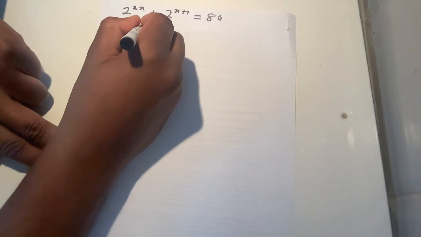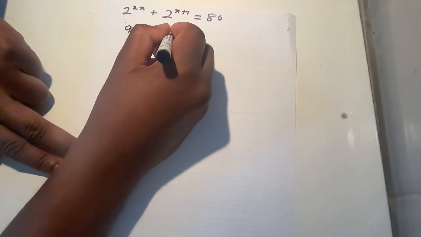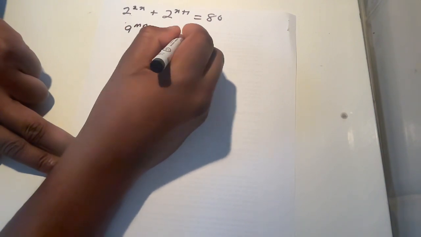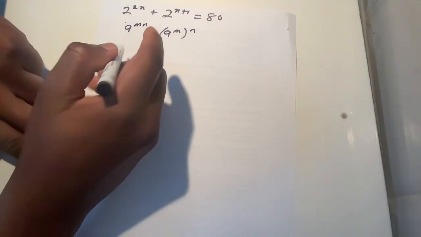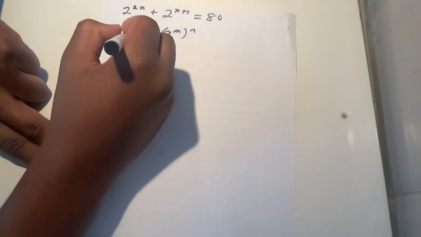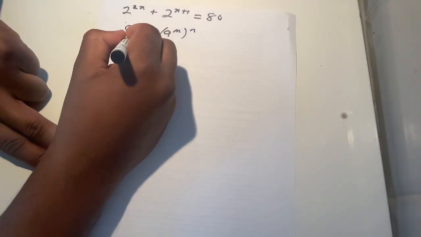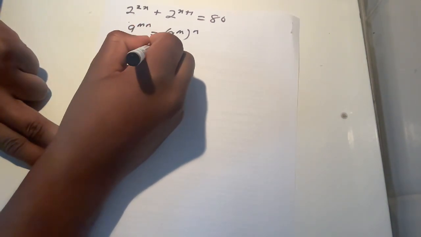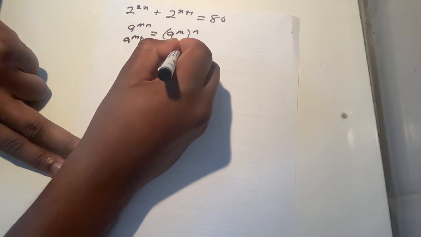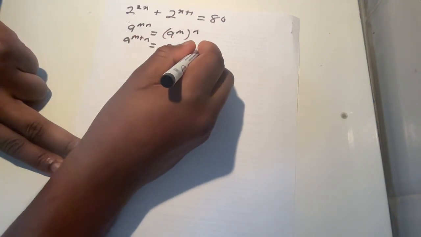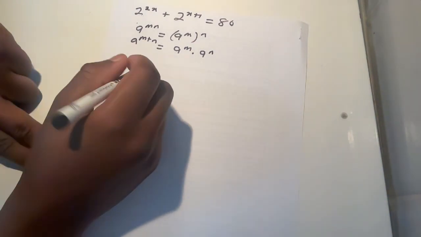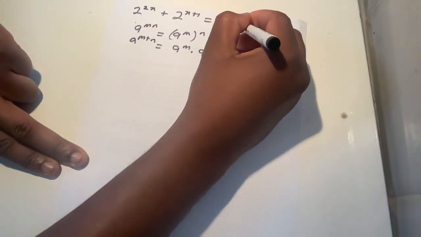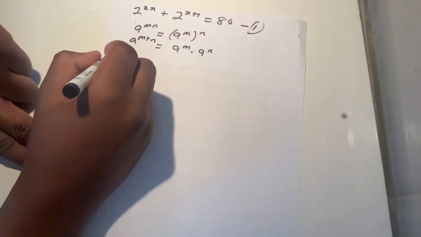a power mn is just equal to a power m, all to the power n. For the second term here, we are going to apply a power m plus n is just a power m times a power n. So we are going to apply these two laws. So applying them into our equation 1, we are going to have